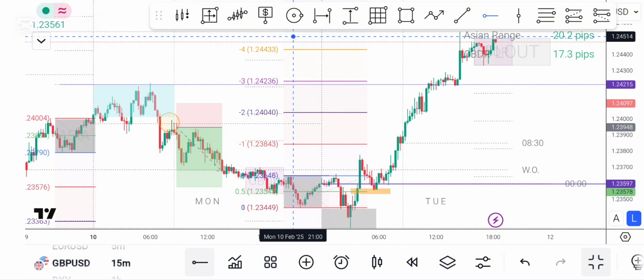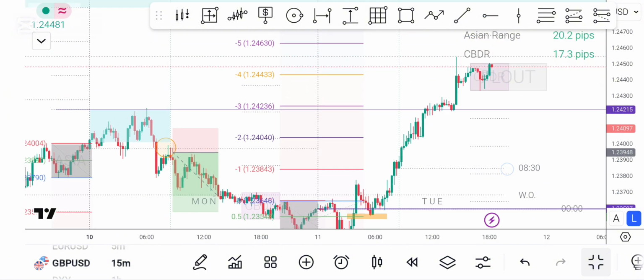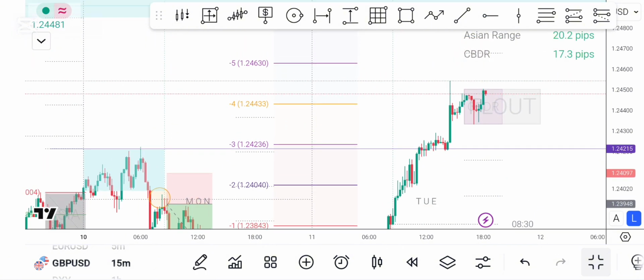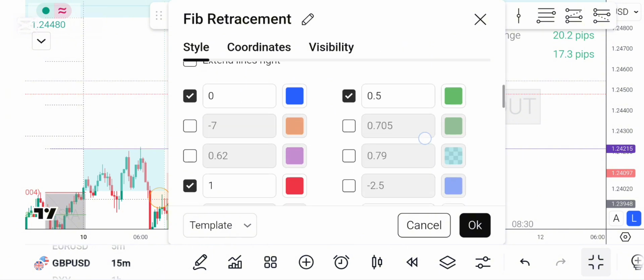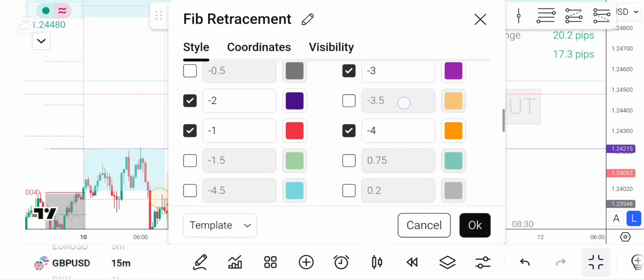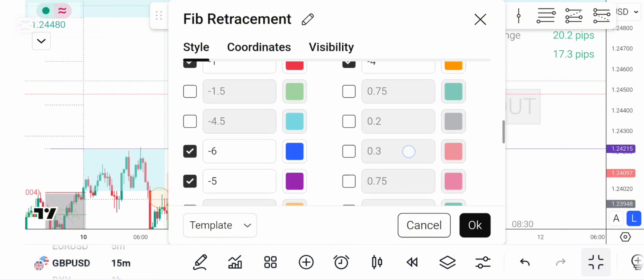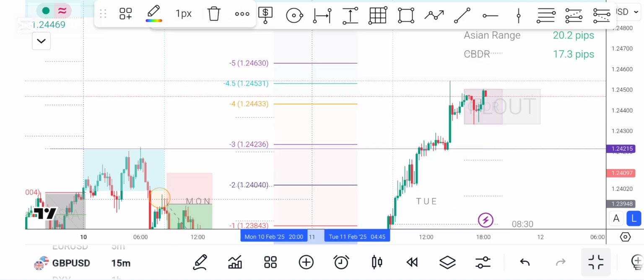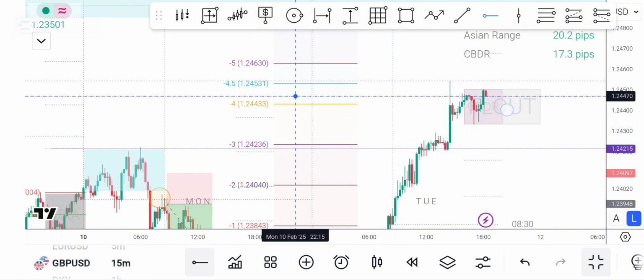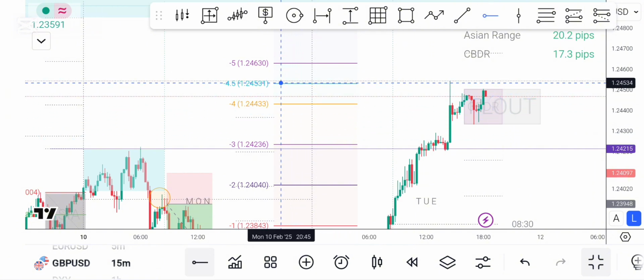Just give me time. And I think 4.5. Yeah, 4.5 I think. Okay, just give me time, let me check 4.5. Please, you may watch the video on how I do these settings. I did a video on that already. Let's check 4.5. This is 4.5 standard deviation. You are going to see accuracy here. So this is 4.5, which is at